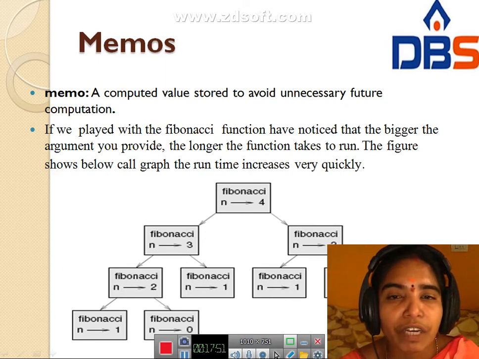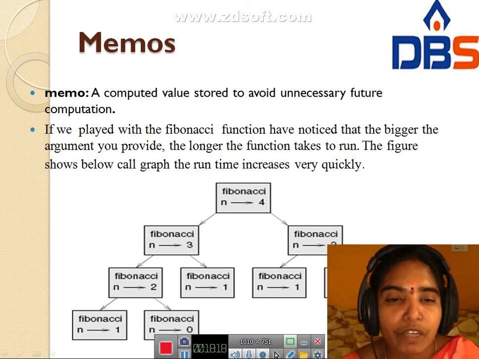This figure is called a call graph. The runtime increases very quickly. Here we take Fibonacci of n equal to 4. Fibonacci of 4 calls Fibonacci of 3 and Fibonacci of 2.